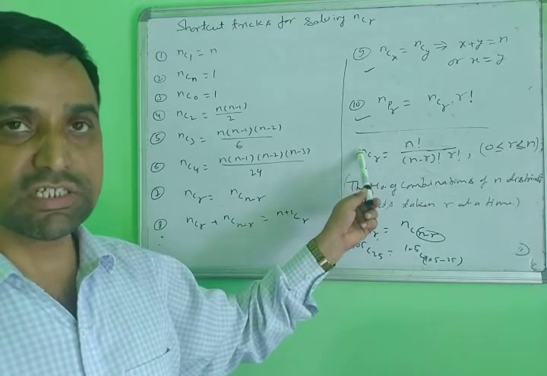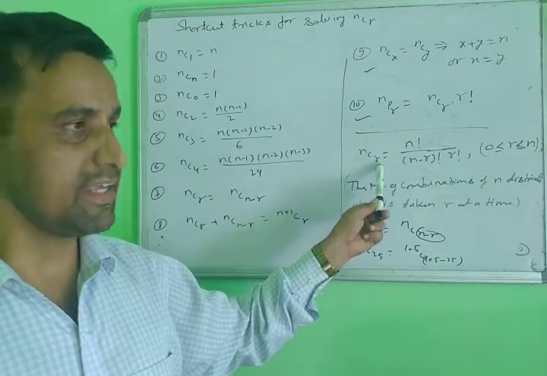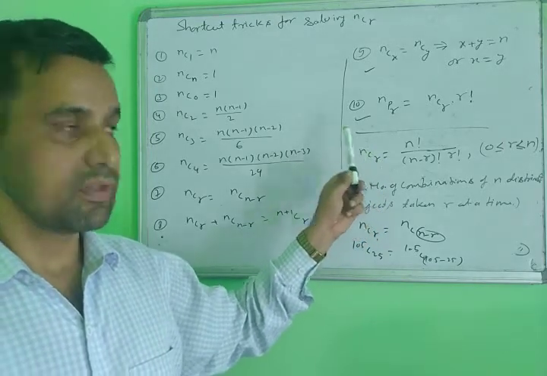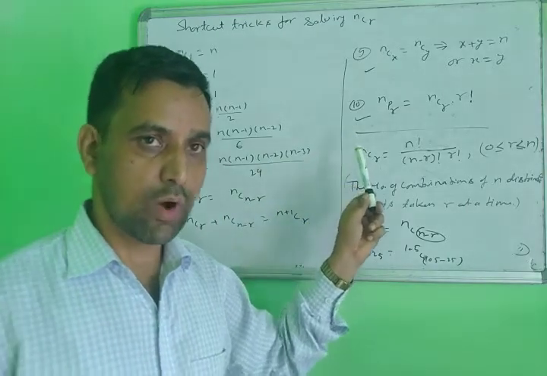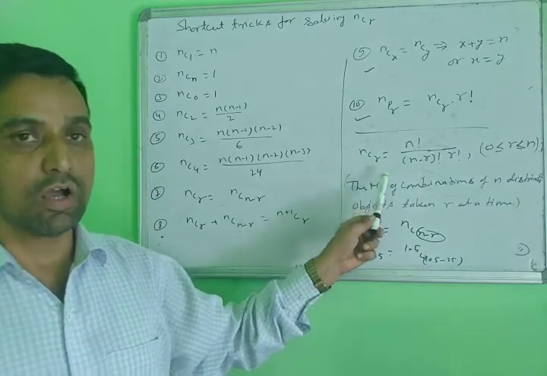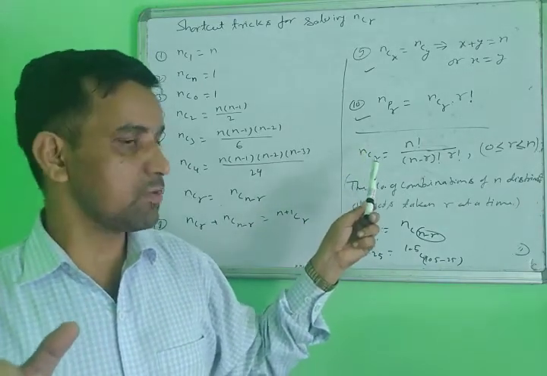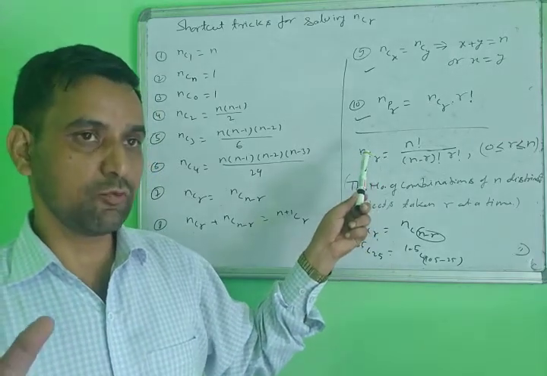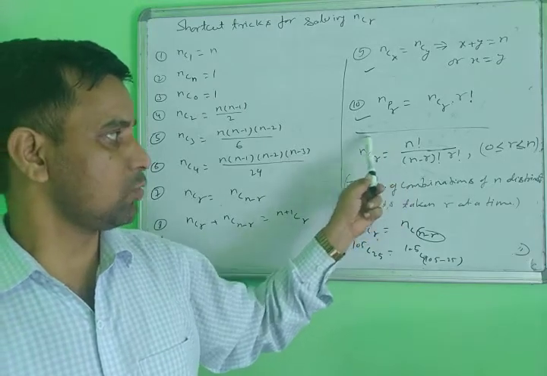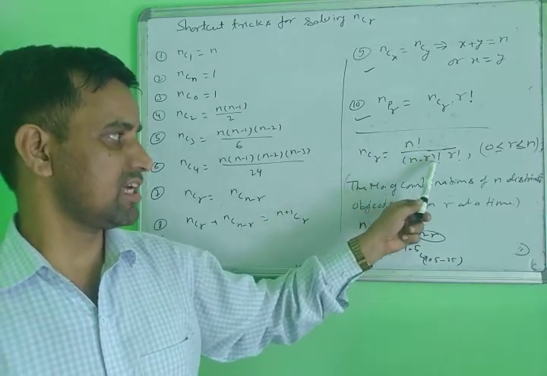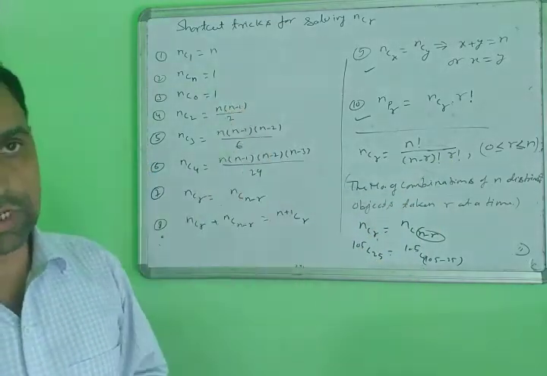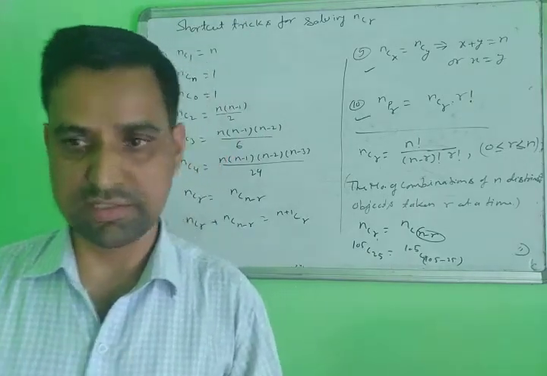When you are selecting from n distinct objects, you take r different objects at one time. Suppose you have 10 digits and you are taking 3 digits, or 4 digits, at one time. r is the number selected, so how many digits you take at one time to make a number. Suppose you are taking a 4-digit number, then r is 4. The total number of digits is n. So it is represented as factorial n upon (n minus r) factorial and factorial r. And these are the shortcut tricks for calculations. Note it down, then start the exercise.